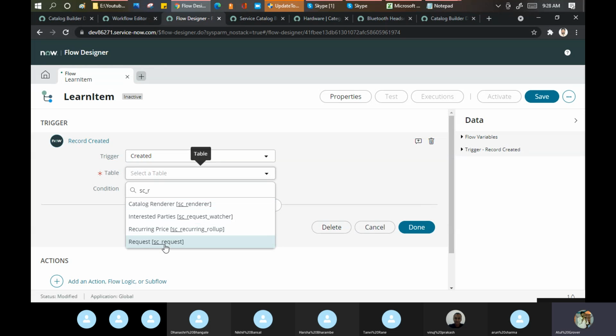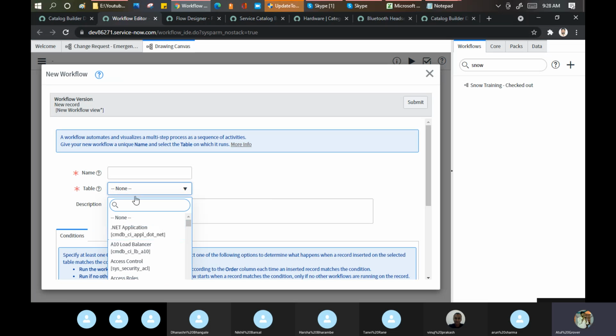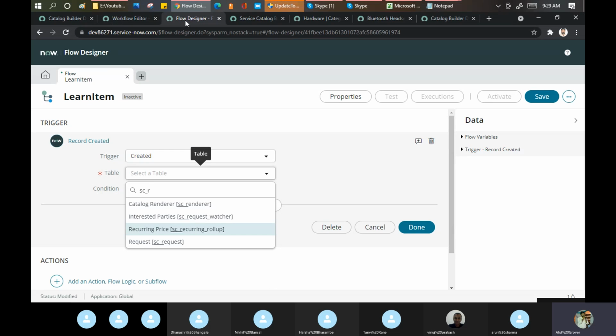Okay, on the request, because in our case we are creating on the item table as well. Right, but here let's go a step back.